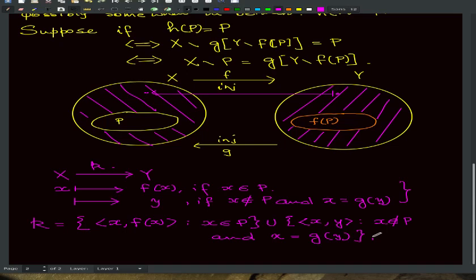So k is this set, you have to show that it is the required bijection. Okay, so if I can come up with such a set,